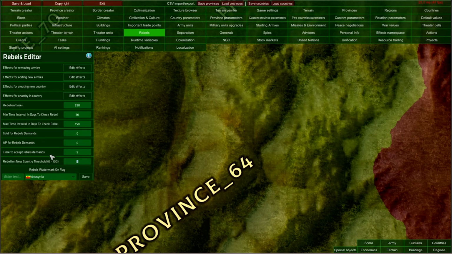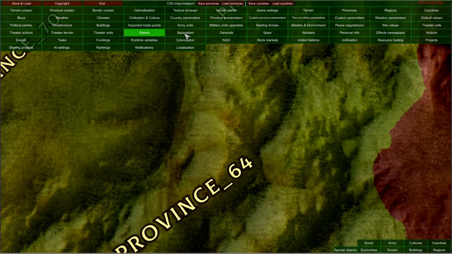So for example, if I type here 25, that means that the rebellion has to occupy at least 25% of all your provinces to create their own country. That setting is important to prevent rebellions from completely destroying smaller countries and turning them into their own countries. And you can also here choose the flag for your rebellion, or simply choose the rebellion watermark flag that will be applied on the flag of the country in which the rebellion occurred. For example, this one, rebel flag watermark with transparency here. And that is how you set up basic rebels settings.